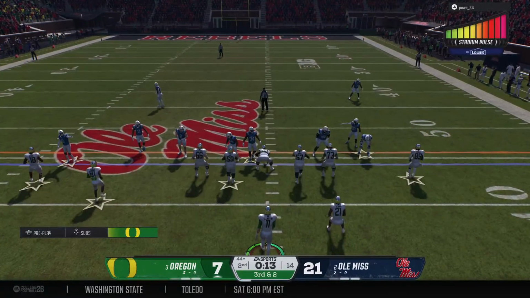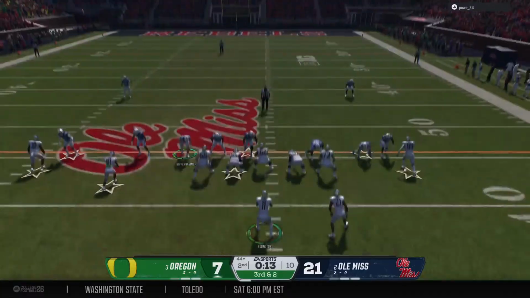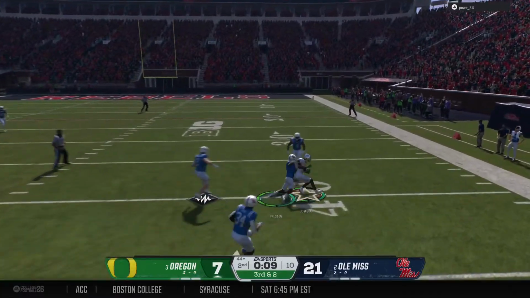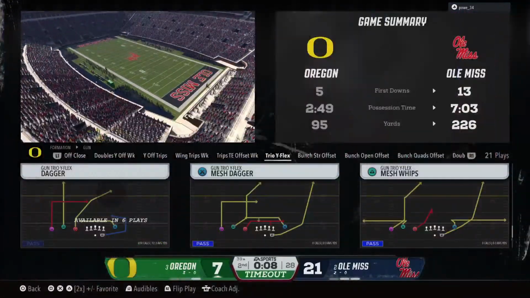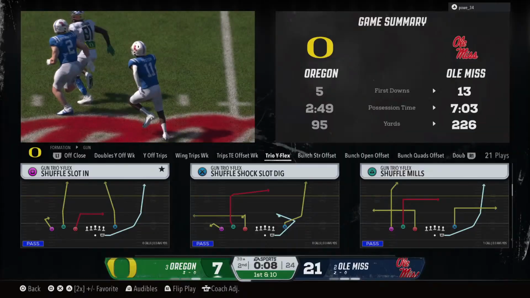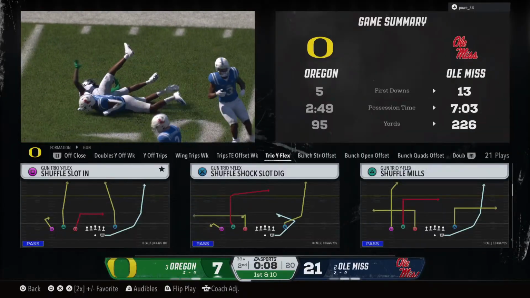So the offense takes the field in the final seconds of the half. Chance for just a couple more plays. Going to pick up the third and short through the air. Makes the catch. It's Johnson. So a timeout is called. Just a few seconds left here in the first half. Timeout, Oregon.